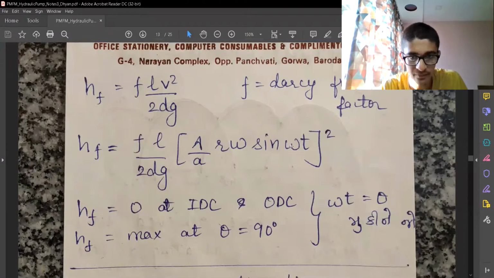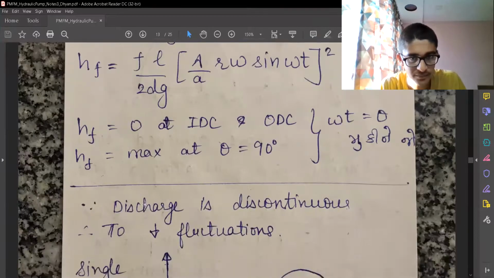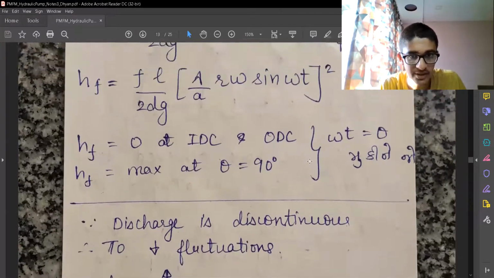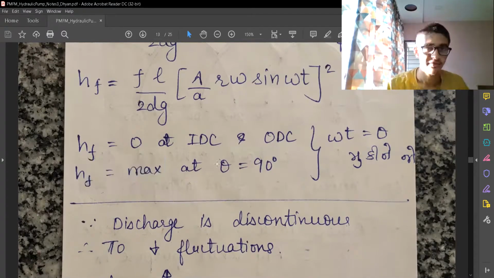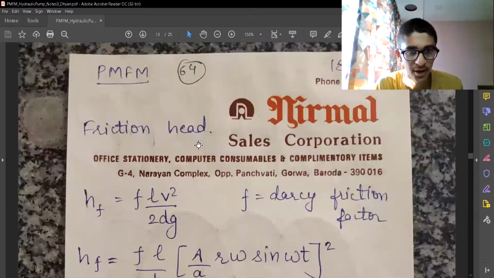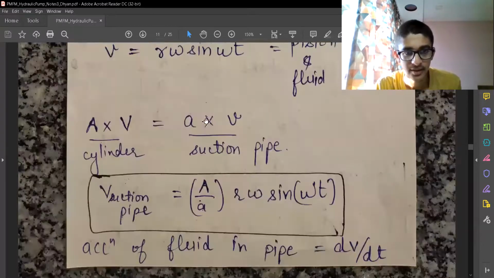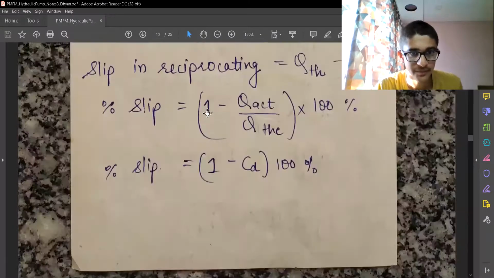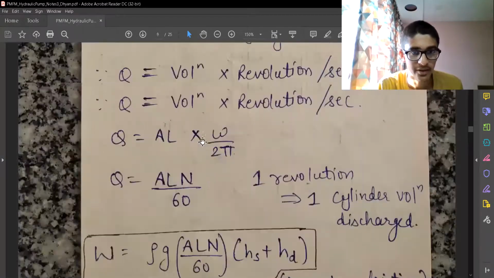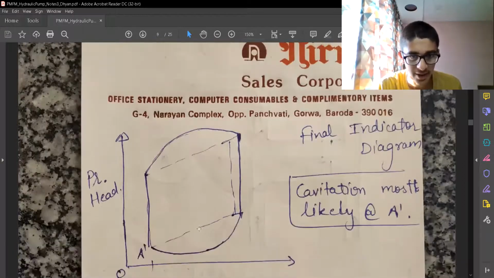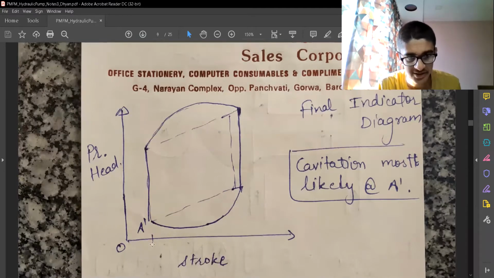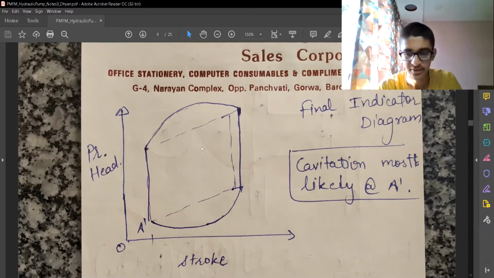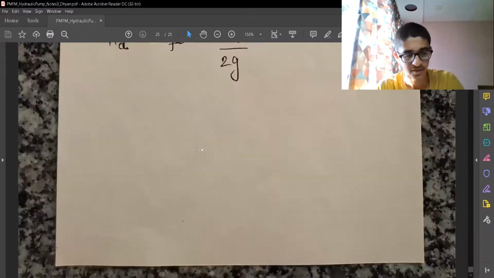We can put different values of theta and get different values of hf. When we put theta equal to 90 degrees, we'll have the maximum hf. We have seen that earlier also, how the parabola was looking. So this is the maximum height from the center, and this occurs at theta equal to 90 degrees. This is theta equal to 0, and this is theta equal to 180. So that's all we have for this. Thank you.